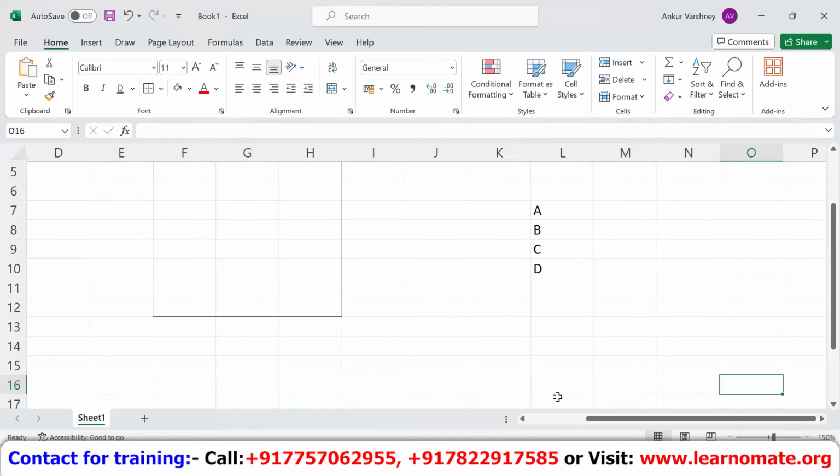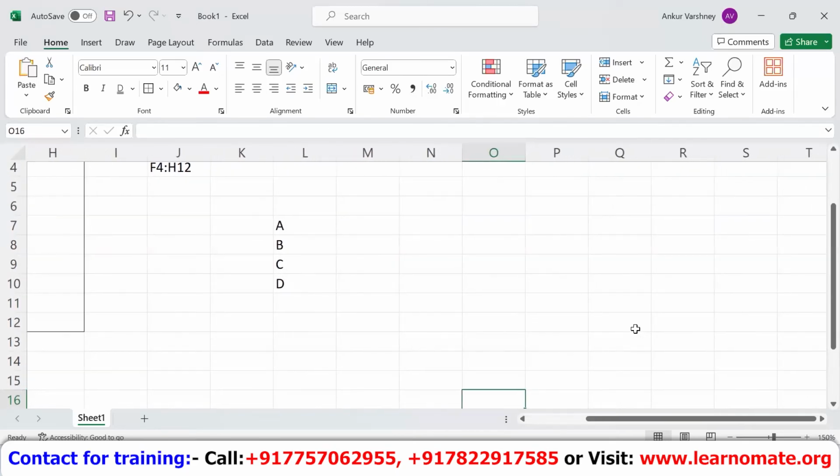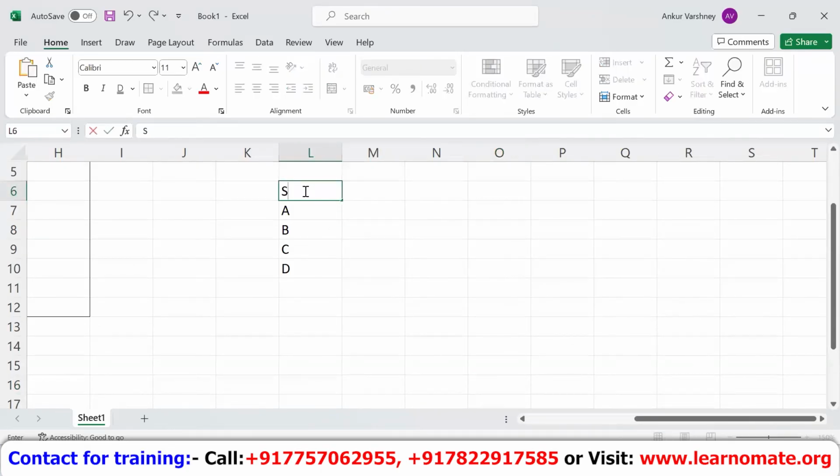Is my screen visible or not? Screen is visible, but what you are writing is on the left-hand side. Okay, now it's visible. You can move your screen also. Yes, A, B, C, D are visible, right? Yes, yes.